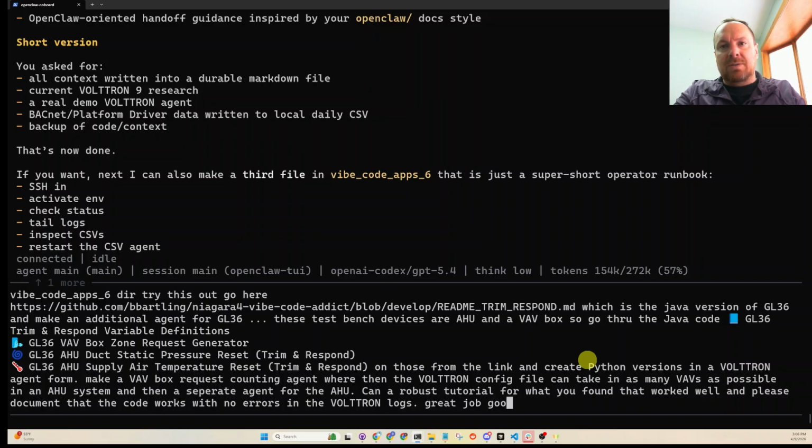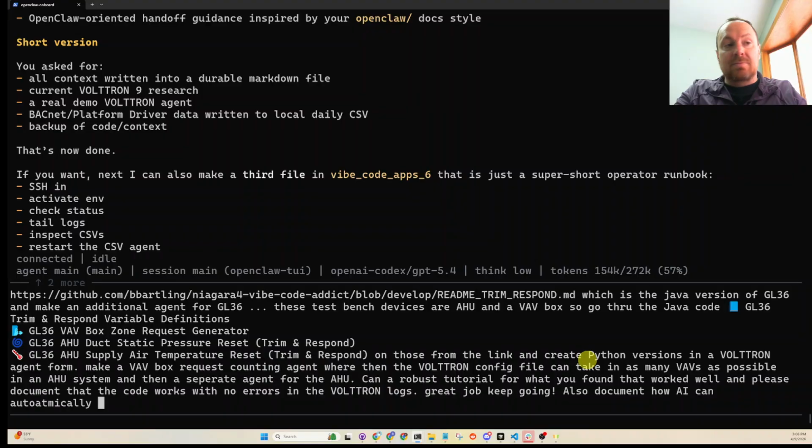Great job. Keep going. Also document, which I want to do this, very important, how AI can automatically know what points to use on a VAV box and AHU in any system,